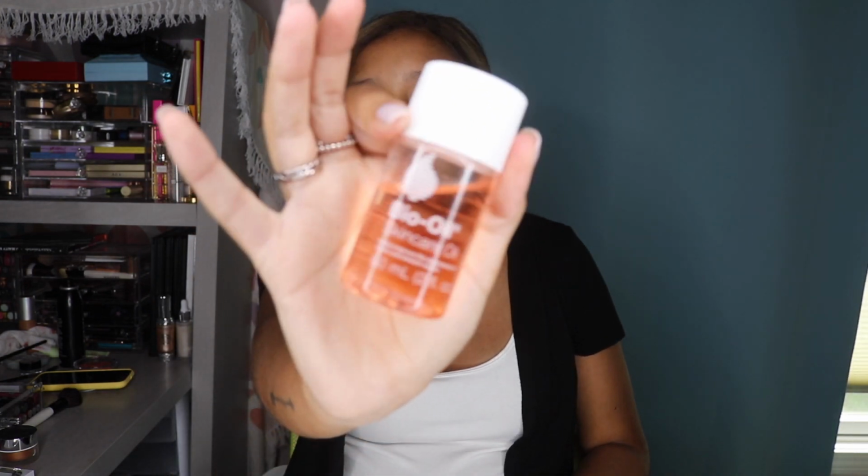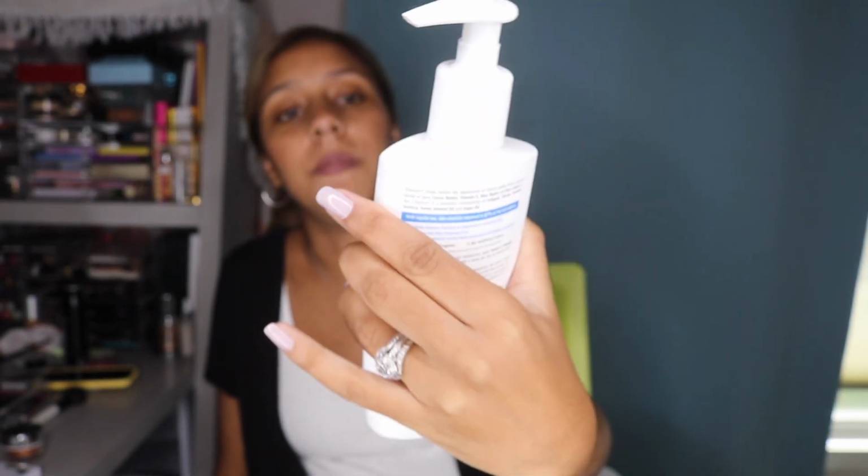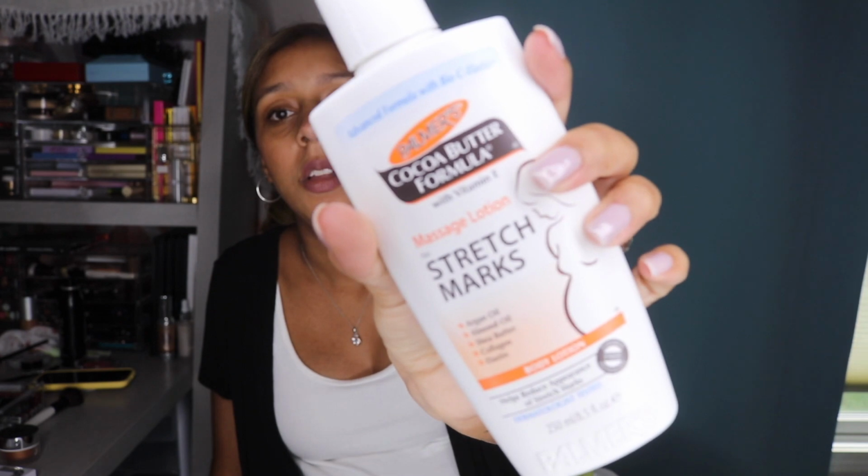So the next two products I have are for stretch marks when you are pregnant, but you can still use them even if you're not. This is the Bio Oil Skin Oil, and this is the Palmer's Cocoa Butter Lotion for stretch marks. After I get out of the shower, I will put this all over my belly, and then I'll put this on. I don't know if these products actually prevent stretch marks or anything like that, but it does help